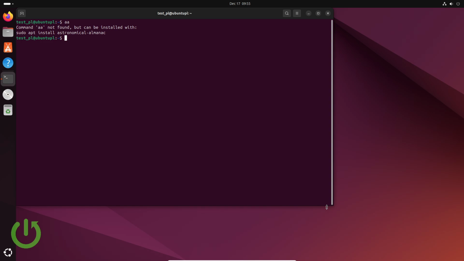How do we create a permanent alias? We have to edit the shell configuration file. But before we edit the shell configuration file, we need to know what shell we are using. And we can check what shell we are using by the command that I wrote in the alias before. So again,